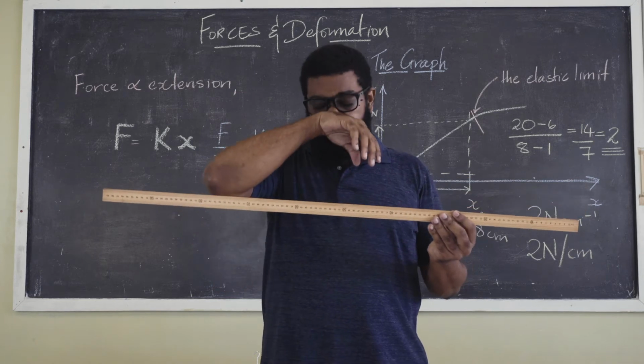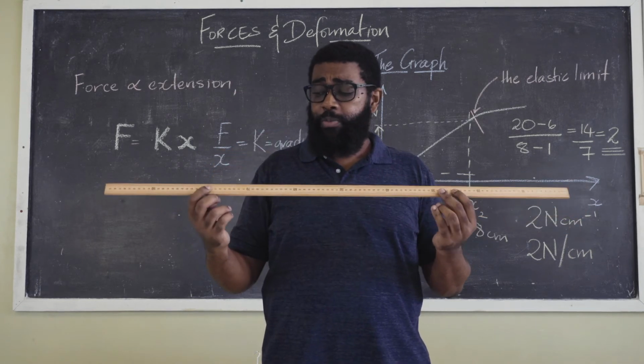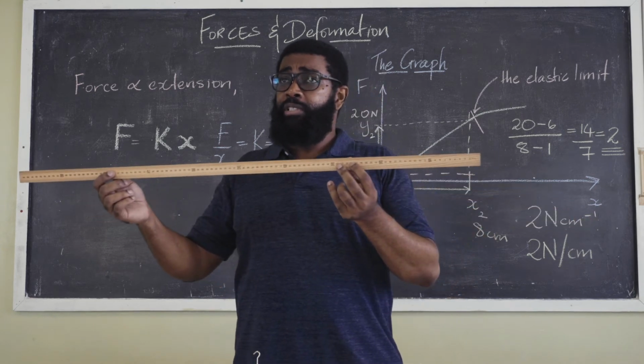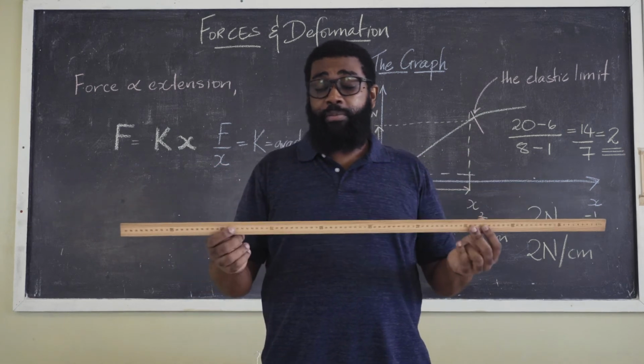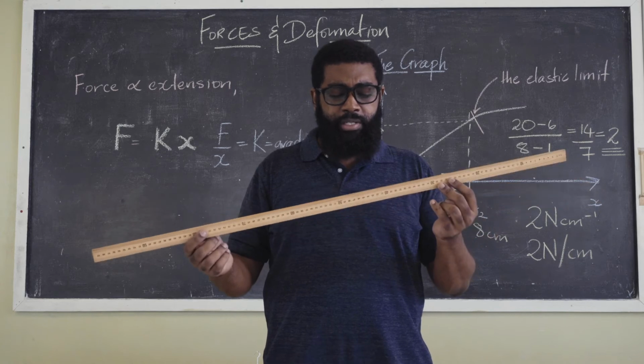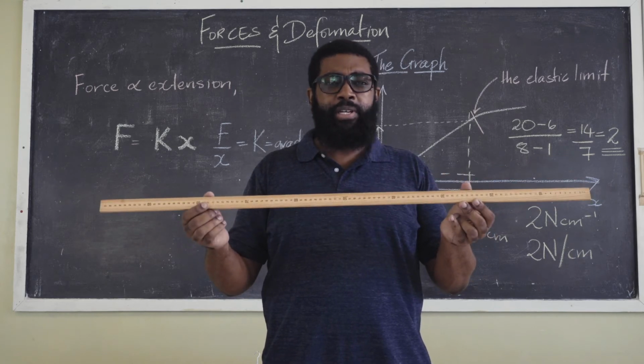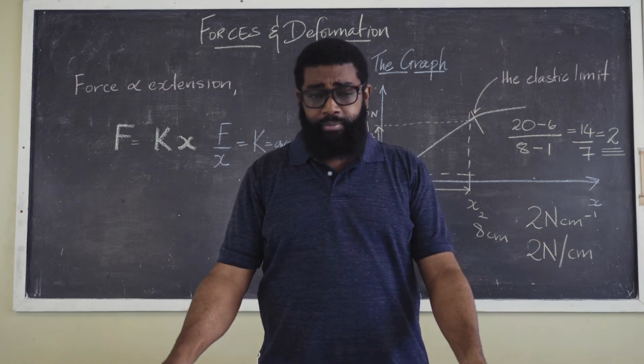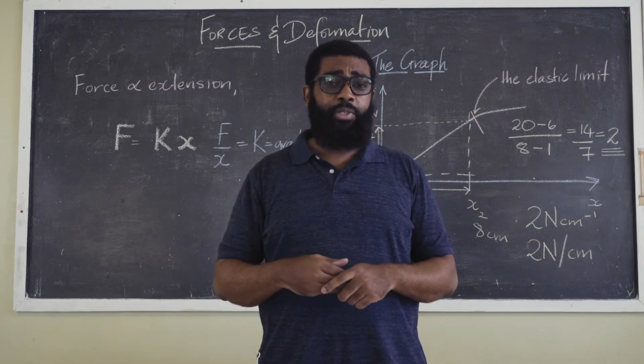Also, you would have to record the original length of the spring. And of course, doing some simple maths, subtracting the old length from the new length should give you your extension. So this rule is just to measure the change in length of our spring. And of course, needed to support all these things,